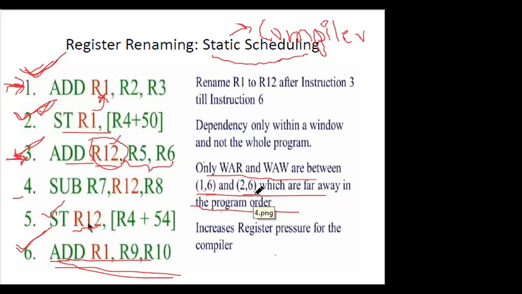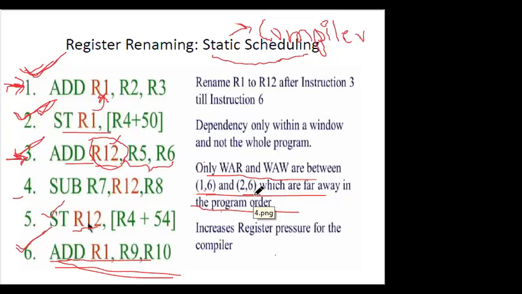In the case of RAW, the only solution was operand forwarding. We can reduce the execution or the fetching time by creating a copy of some operand and forwarding it to the ALU. That's what we have done. So this was the process of RAW, and it was the process of operand forwarding.